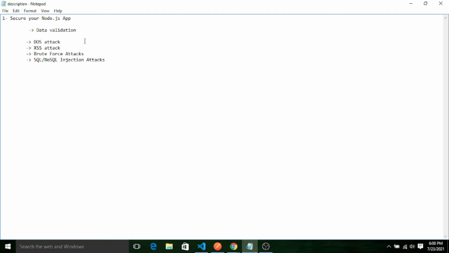When your server gets unlimited requests, the traffic will increase. The real user may not access your server. The authenticated users of your application may or may not get access to your server. So attackers are basically doing this kind of attack by sending large numbers of requests to your server. So how can we prevent them? I will show you in my code.